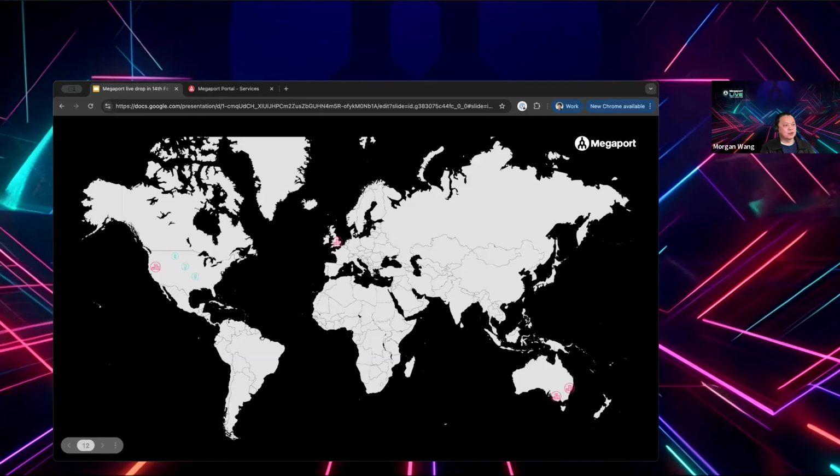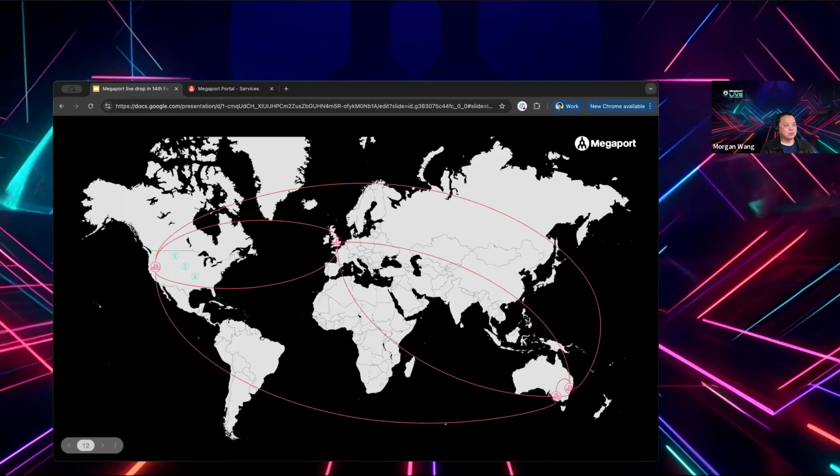So the typical connectivity model would be that you have protected point-to-point connections between all the data centers, right? First, you have the shortest path from A end to B end. And second, you always have protection: just in case one path goes down, you have another one still up and running.